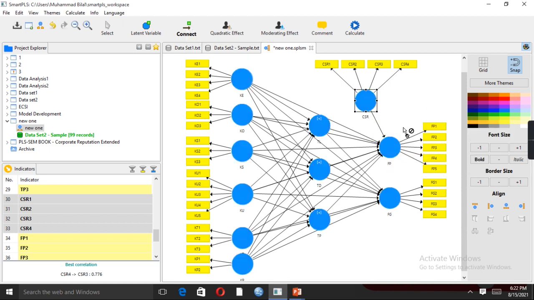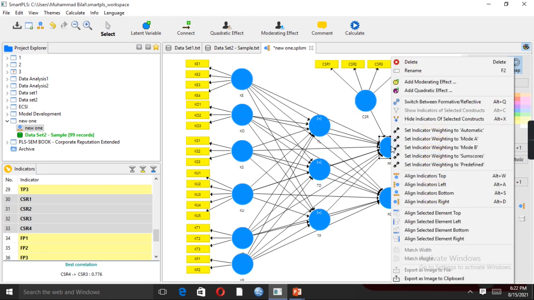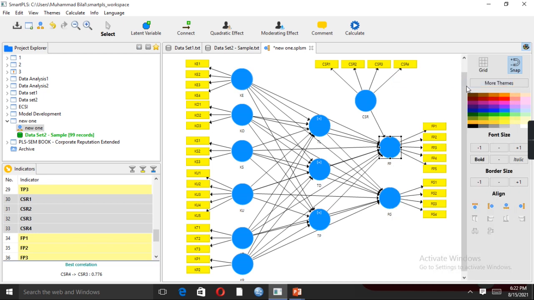In this case, firm performance is the dependent variable and our independent variable is only team learning. So the next step is that we are going to add the moderating effect. How? Just right click on the dependent variable, which is firm performance, and you can see add moderating effect, so just click on it.